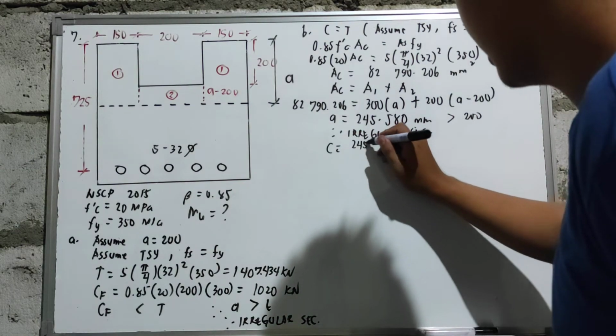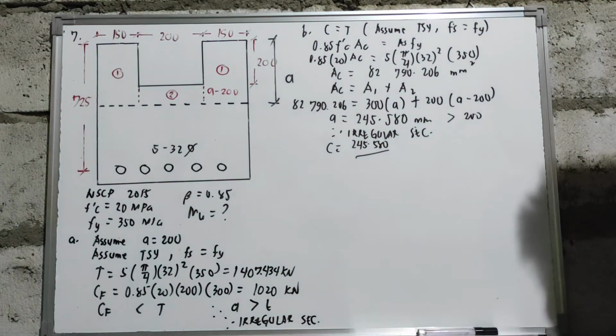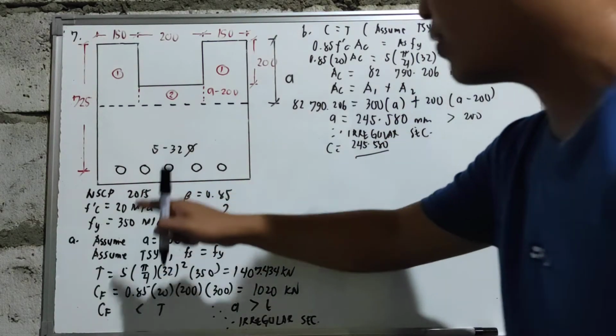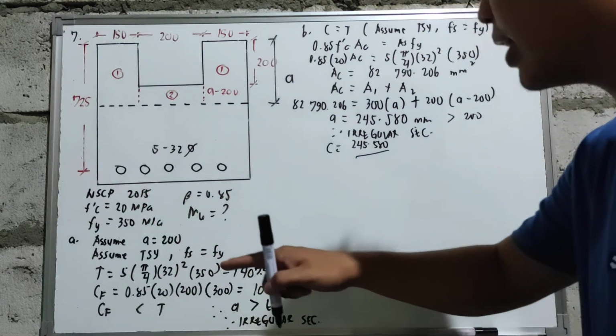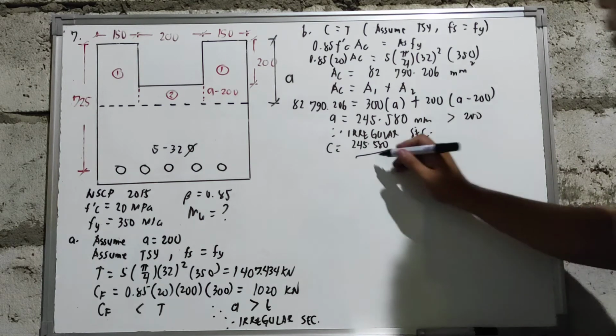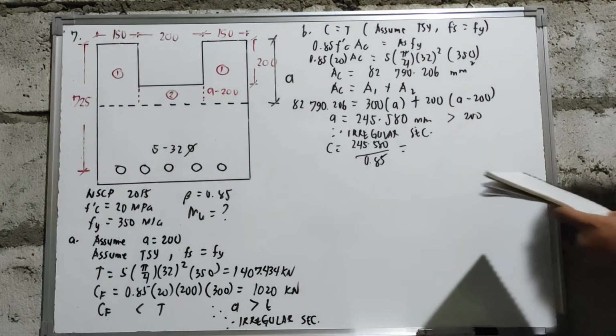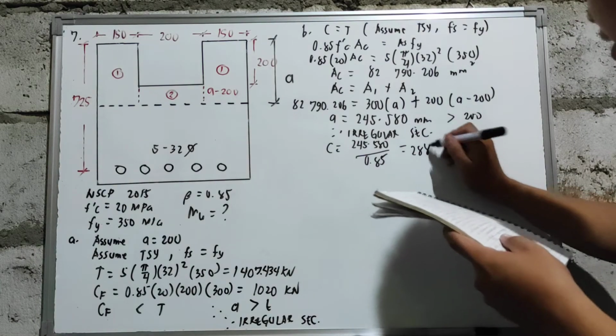So yung A natin na 245.580, divide natin by the value of your beta. Since NSCP 2015, yung limiting value is 28 megapascal, yung actual natin is 20. 20 is less than the limiting value. So beta is now equal to 0.85, and you have a value of your C which is equal to 288.918